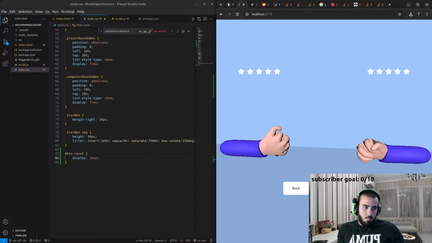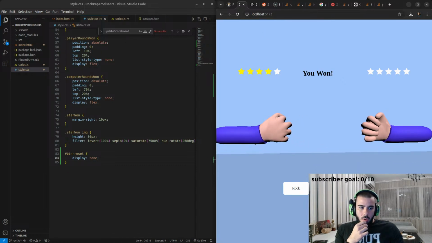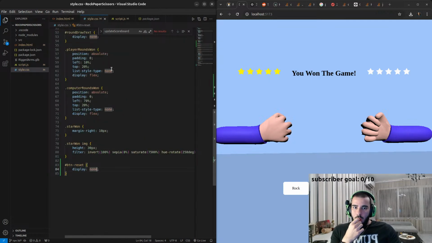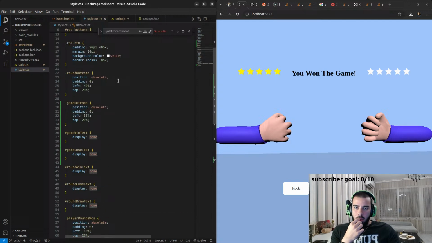We can move the camera, but we cannot click on that. And when someone wins the game like that, we need to make all other buttons display none, except the button reset. We can make it display block, although let me just